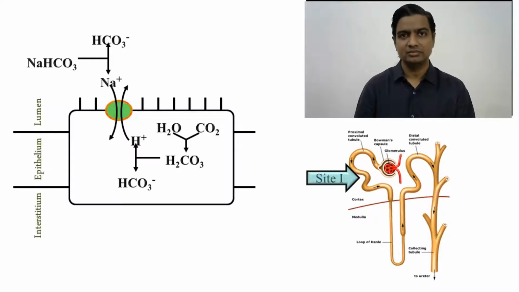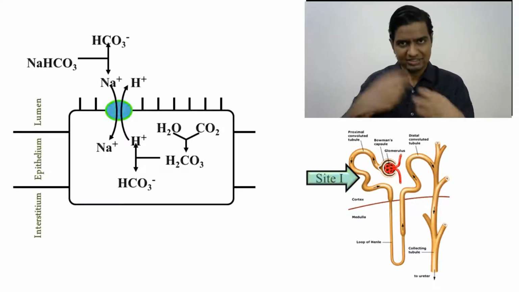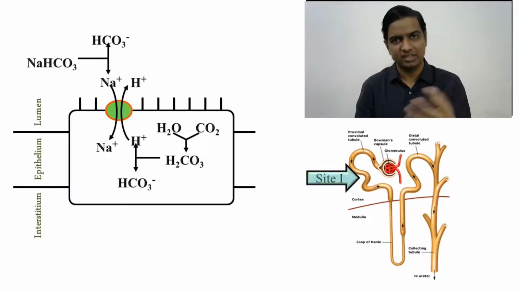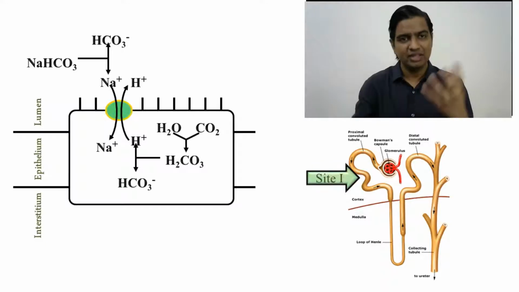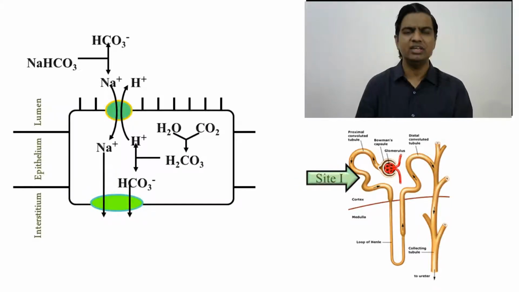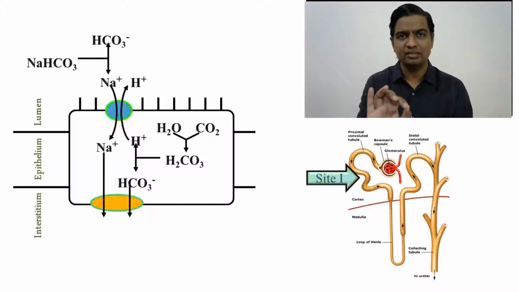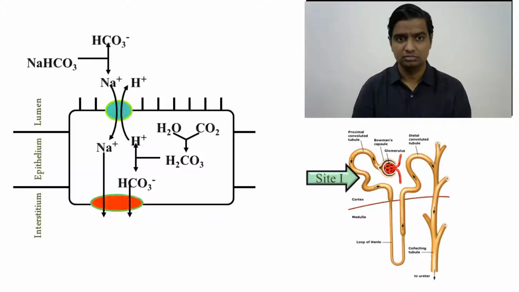And now that we have maintained neutrality, we have given a positive ion and we have taken a positive ion. So it's kind of an exchange of give positive, take positive, give H plus, take Na plus. That Na plus and the HCO3 minus produced inside the cell can be given to the blood, to the interstitial space, so that Na plus, which was supposed to be excreted in urine, as you can see on your screen right now, is saved, right?